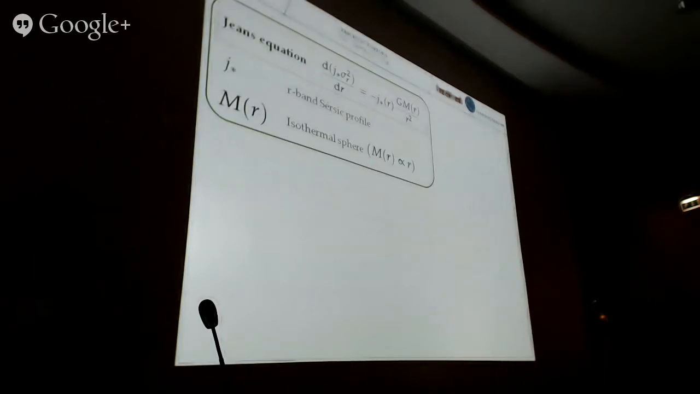Another piece of information in this kind of analysis to understand galaxy evolution is the analysis of central dynamics in galaxies. To analyze central dynamics, usually people use the Jeans equation to derive the radial velocity dispersion. We assume an L-band Sersic profile for the light profile, and a simple model for the total mass profile, which is an isothermal sphere. Solving this equation, we